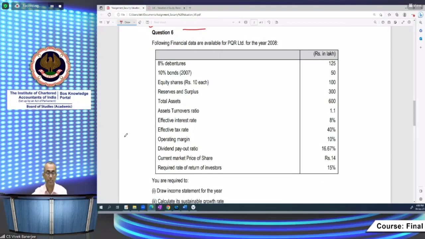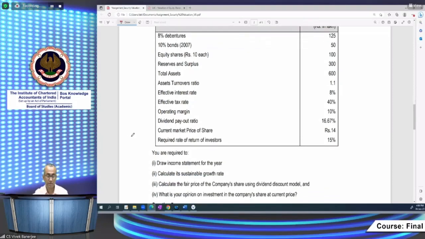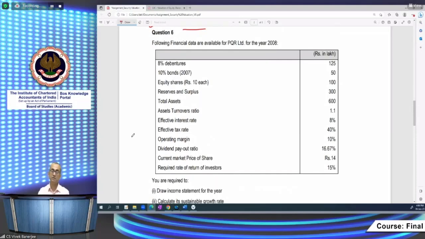सकते हैं। क्वेश्चन में 8% डिवेंचर गिवन, 10% बॉन्ड्स, इक्विटी शेयर्स, रिजर्व्स एंड सरप्लस, टोटल एसेट, एसेट टर्नओवर रेशियो, effective interest rate, effective tax rate, operating margin, dividend payout ratio, current market price per share and required rate of return। ये कुछ इंफॉर्मेशन है। हमें कैलकुलेट करना है इनकम स्टेटमेंट सबसे पहले। बट इनकम स्टेटमेंट के लिए टू सी दैट कि सेल्स का फिगर नहीं दिया हुआ है, तो सेल्स का फिगर हम यहाँ से एसेट टर्नओवर रेशियो से निकाल सकते हैं, क्योंकि टोटल एसेट का फिगर भी दिया हुआ है, तो सेल्स निकल आएगा।